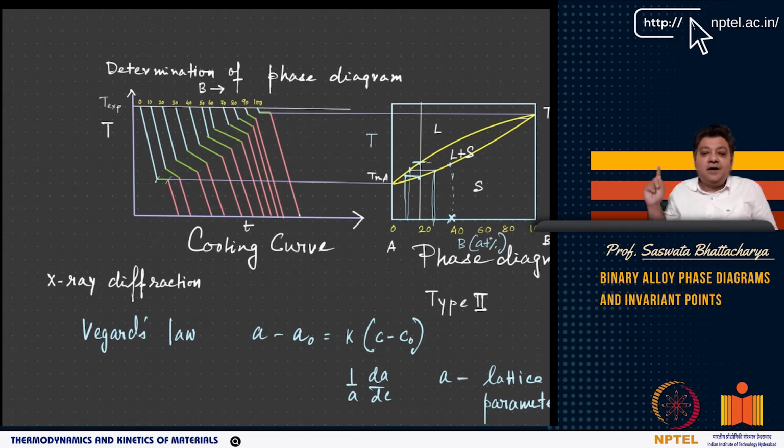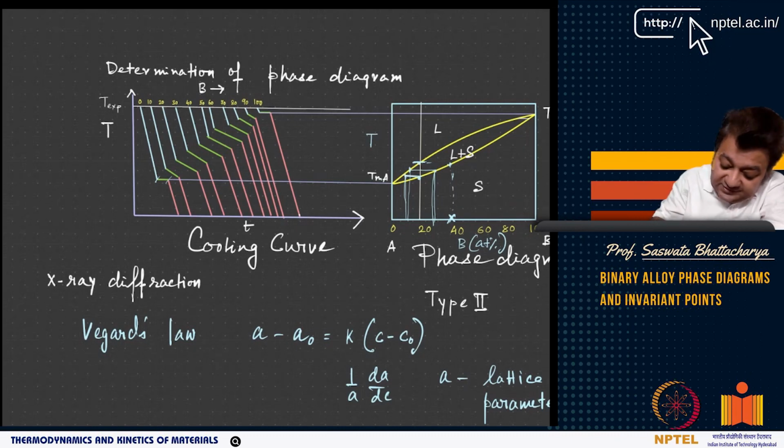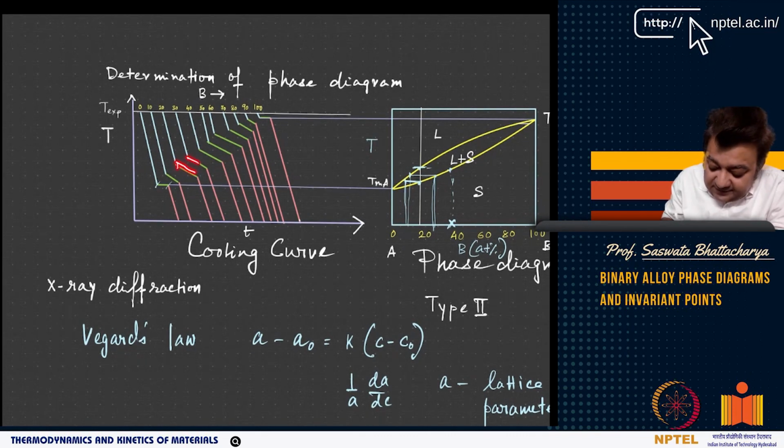Okay, when you have a solution, there is a continuous shift in the composition of the liquid and that of the solid as solidification is progressing. As solidification is progressing, you will see a change in the composition of the liquid that is getting frozen and the changing composition of the solid that is coming out. So as a result, your cooling curve will always show a slopy two-phase region, right? It will show an inclined two-phase region. So this inclination will be there. See here, all of these cases have inclination.